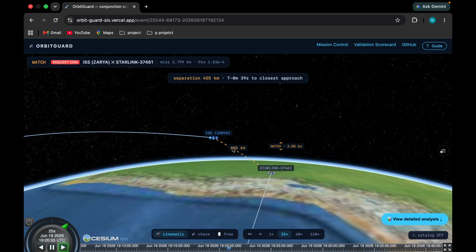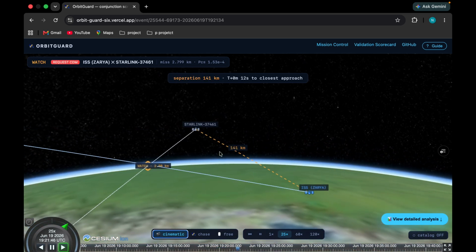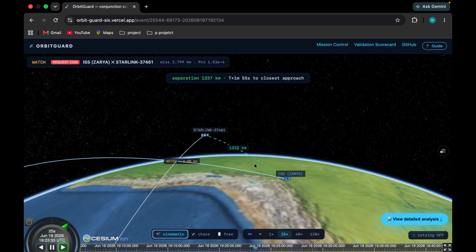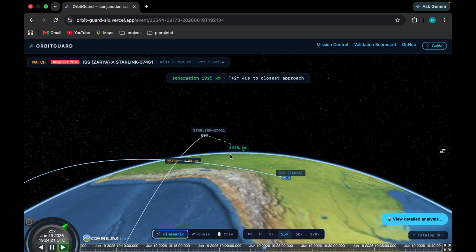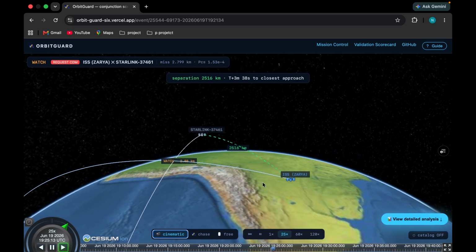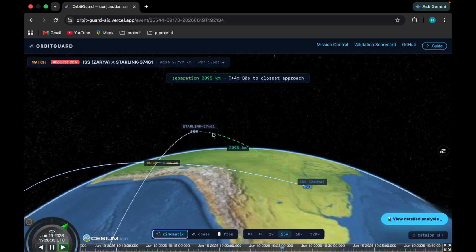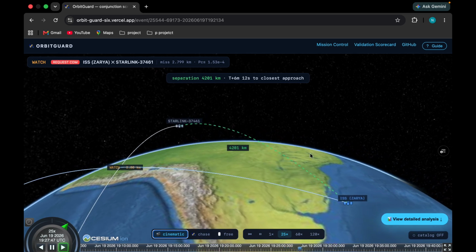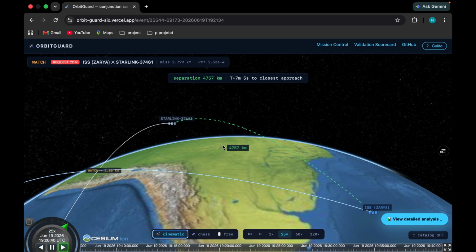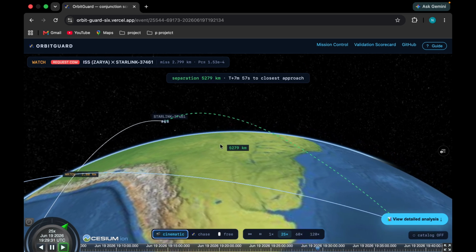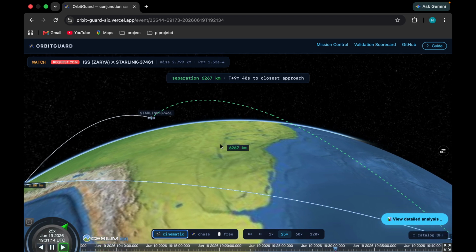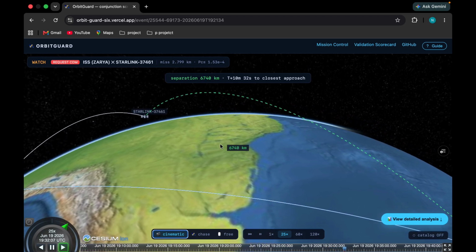So here you can see that as they pass very close, our trajectory shows how much difference they are. Is it safe? If it is a safe distance, then it will show a green line, otherwise it will show a red or a yellow line respectively, saying to order a watch, wait, or a dodge.